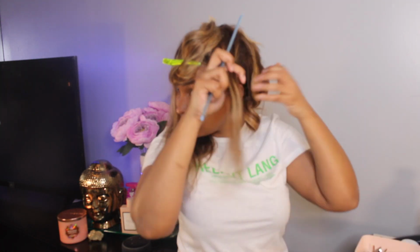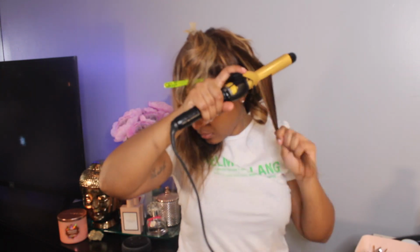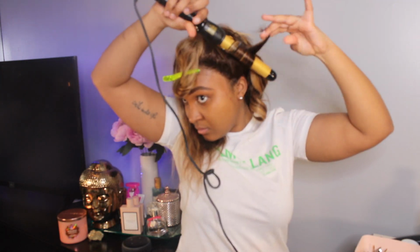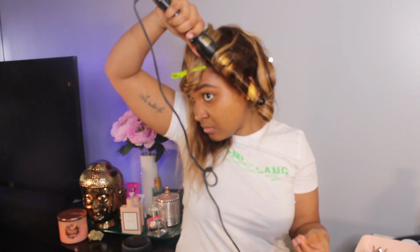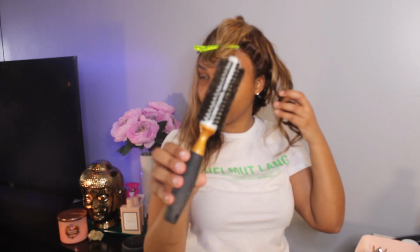I need this clip in here specifically because all curls are not made equal, just like no two snowflakes are alike. I feel the same rule applies for curls. As you can see here, the curl kind of didn't take all the way, and that's okay because I have this handy dandy round brush, and you guys, I'm trying to tell you, the curl will come out just the